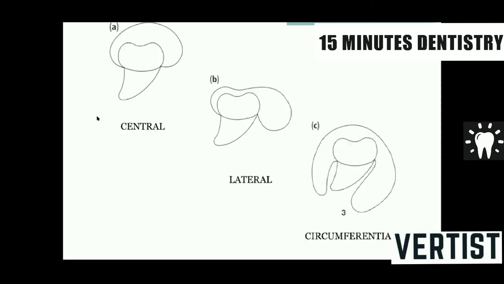So let us see what they are. This is the central dentigerous cyst, which is found around the crown of an impacted tooth. The borders of the cyst are always at the CEJ. Lateral: here the cyst is also found around the crown, but the radiolucency lies more on one side of the tooth. That's why it is called lateral. But the borders of the cyst are always at the neck of the tooth. Circumferential dentigerous cyst is one where the radiolucency surrounds almost the entire tooth, but the borders are always at the neck of the tooth. So there are 3 radiologic variants of dentigerous cyst: central, lateral and circumferential.